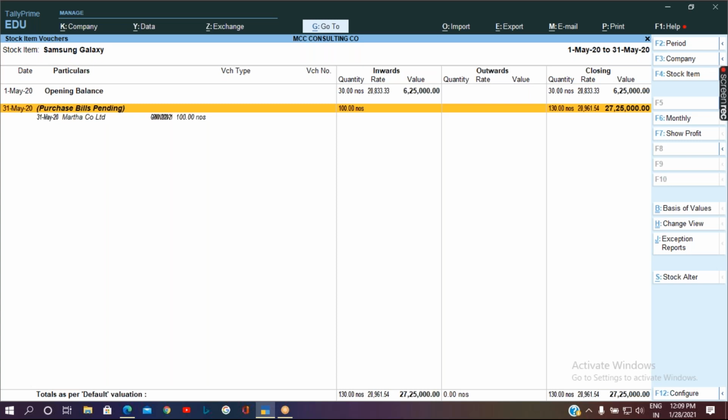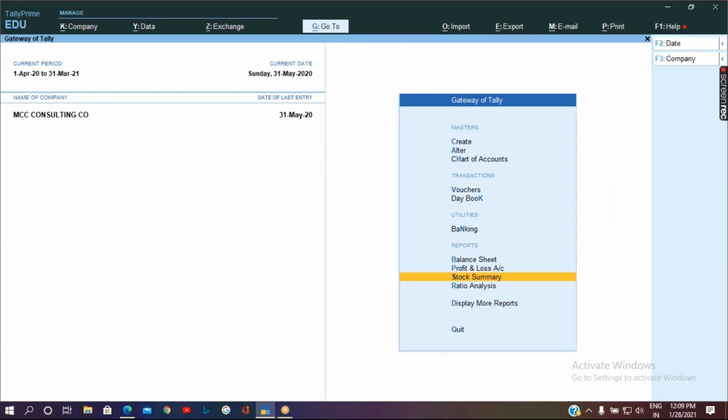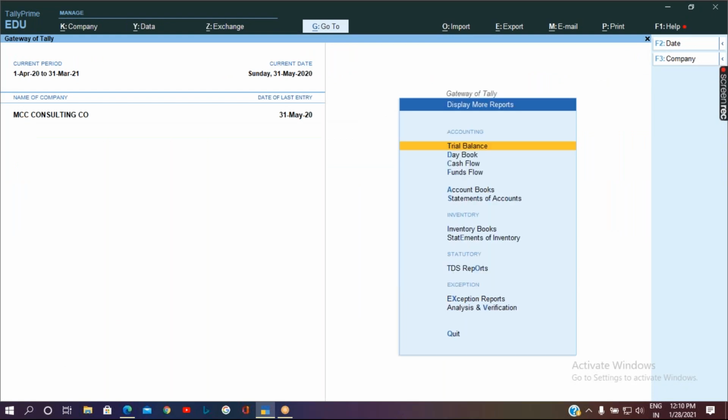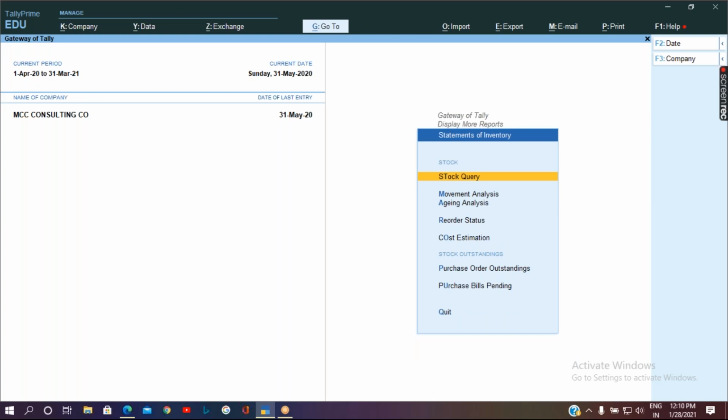Now the same thing, in the report, if I go to display, then statement of inventory, here you will find a separate report called purchase bills pending, which shows the list of all the entries and the parties, as per the orders, for which the ordered goods have been received but the bills are pending.